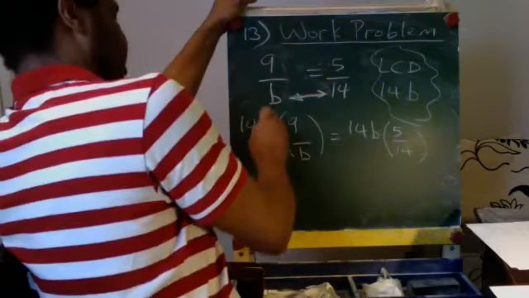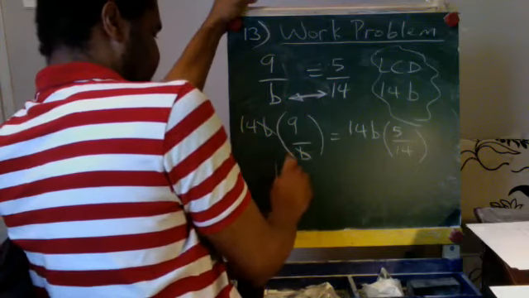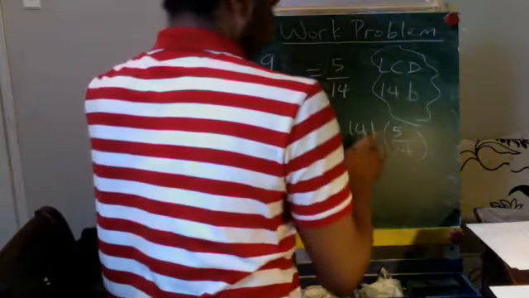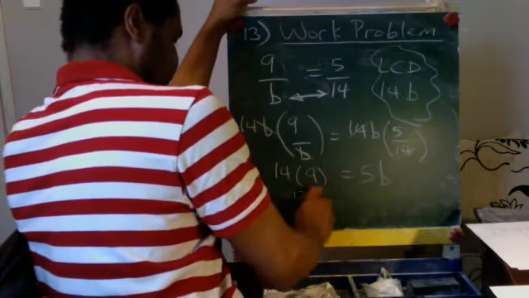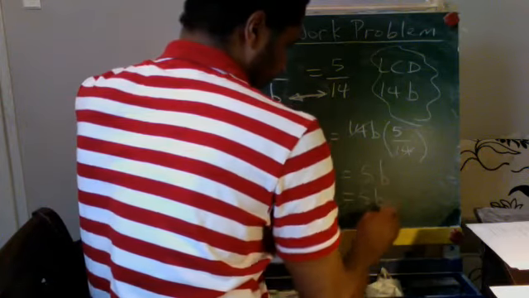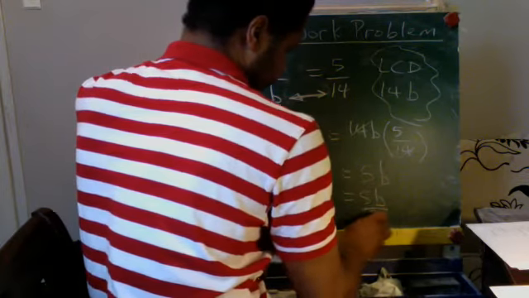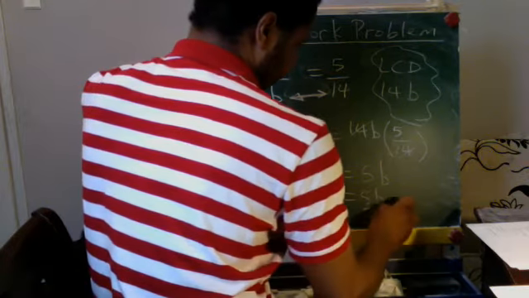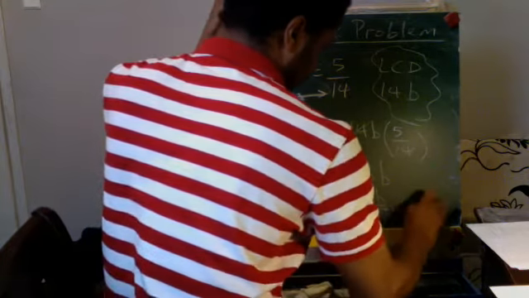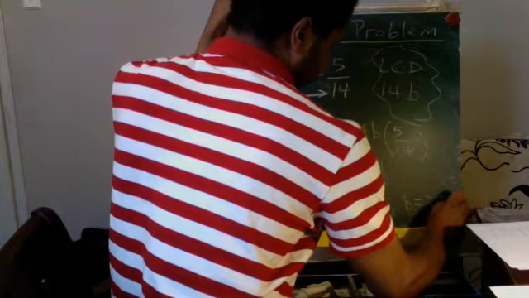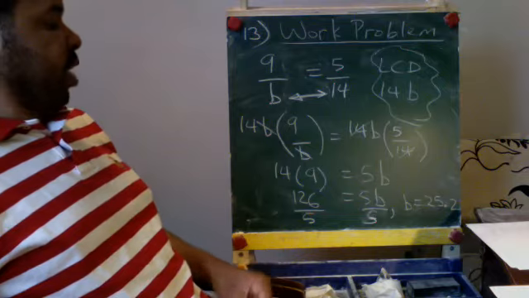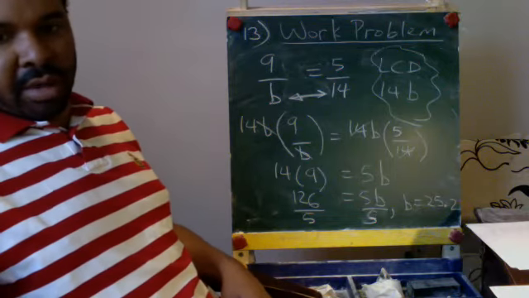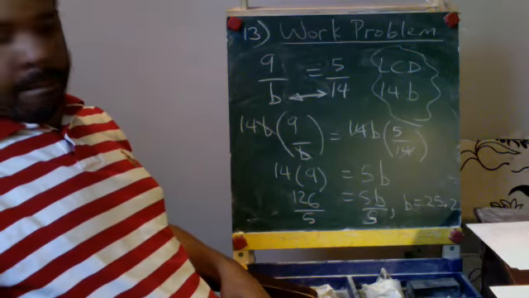All right, so B cancels B, and what you're left with is 14 times 9. 14 cancels 14, is equal to 5B. And what we saw a while ago is that was 126 is equal to 5B. Divide by 5, and that's going to give you that B is equal to 25.2. So you can rewind the video and use whichever of these two methods works best for you. They are both good. That was number